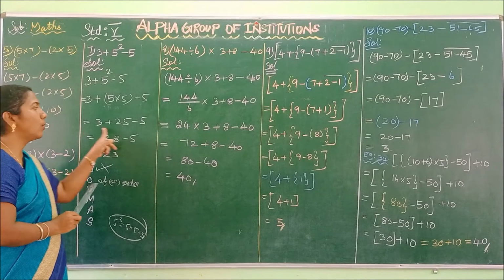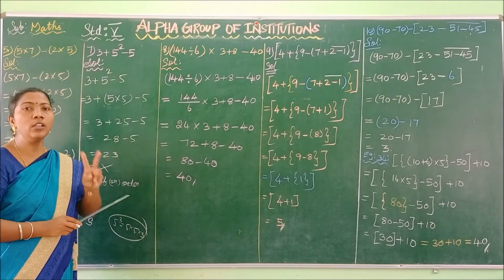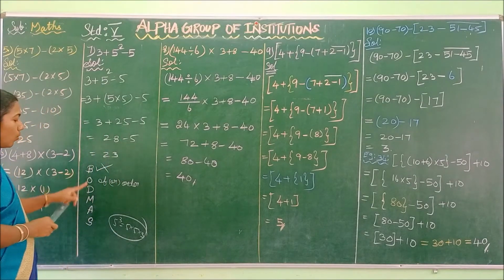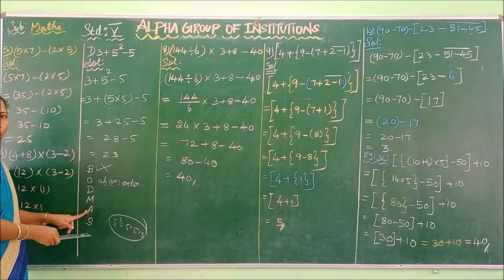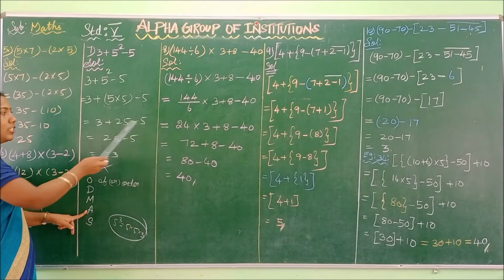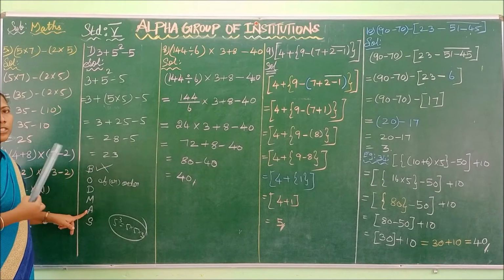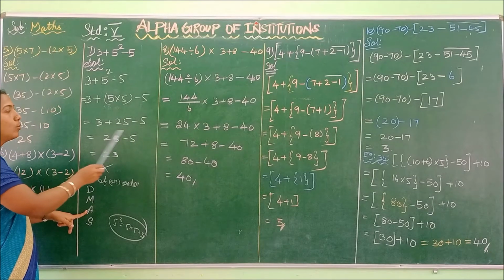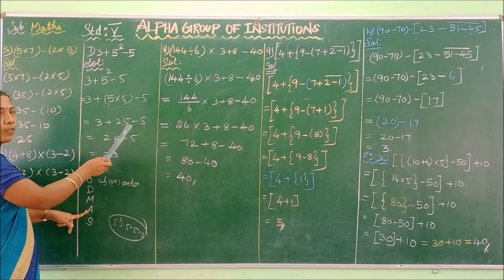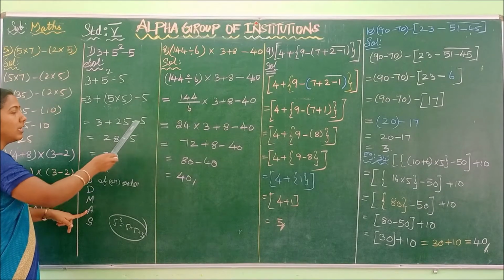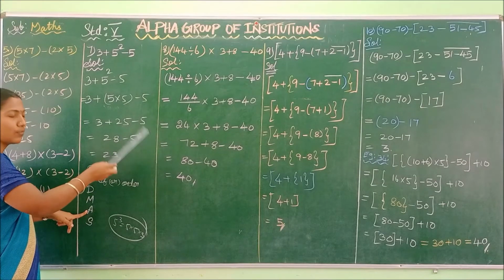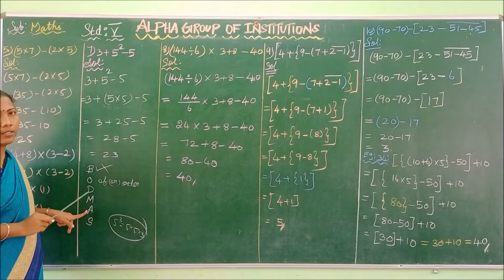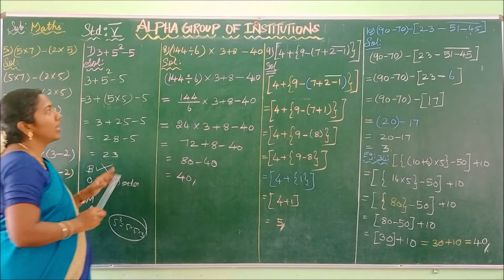Thus we have arrived at one expression. This expression contains two operations. According to the Bode-Morse rule, first you have to apply addition, after that subtraction. Here we have addition and subtraction, so you give first priority to addition. So you have to do the addition for 3 and 25. What is your answer? 28 minus 5. 28 minus 5 is 23. Is it clear? See the next one, 8th sum.